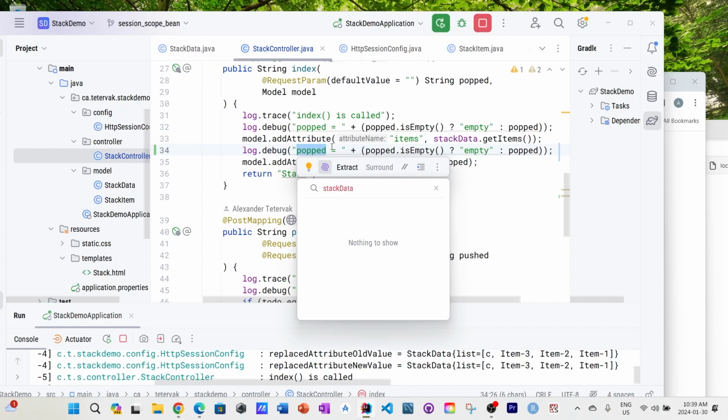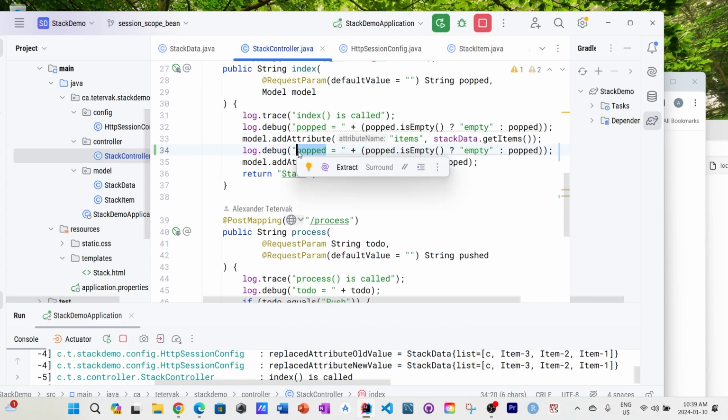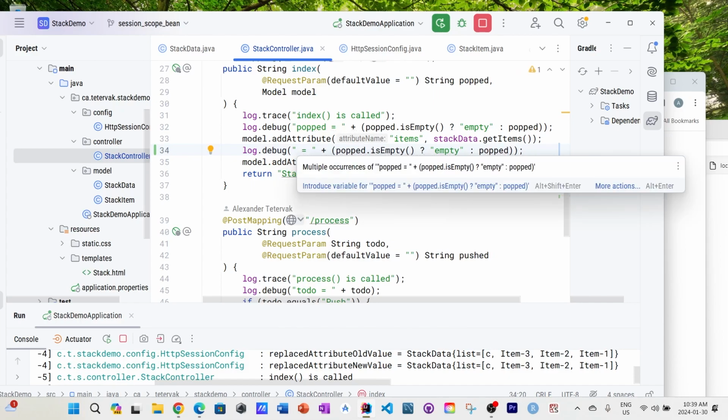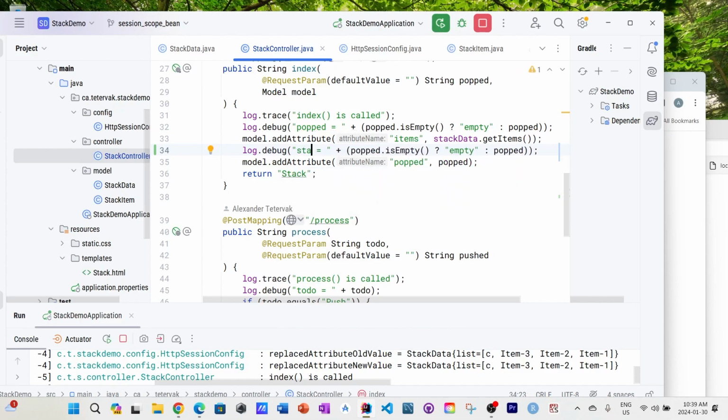Oh, what do I do? I want to just edit this one. Stack data, class name. It is just to print, so I will see what it